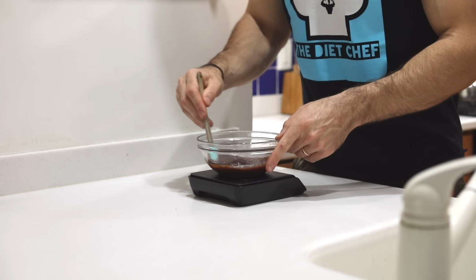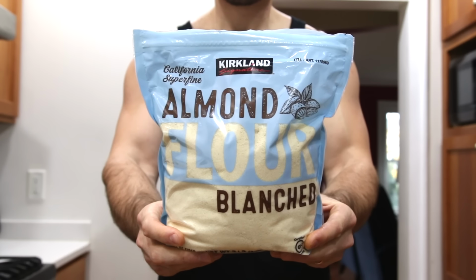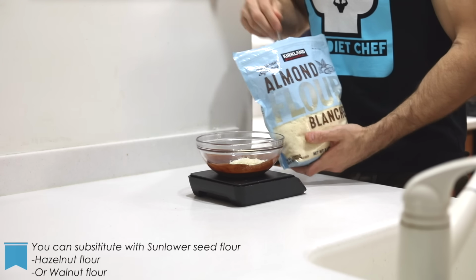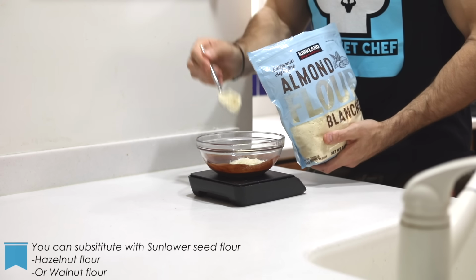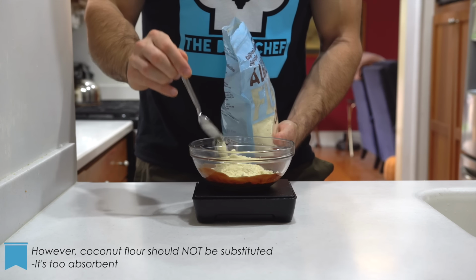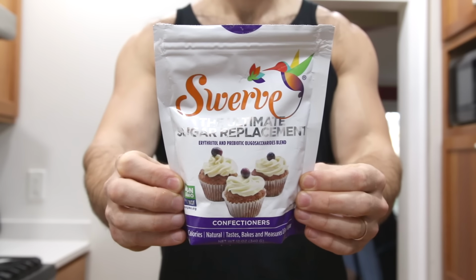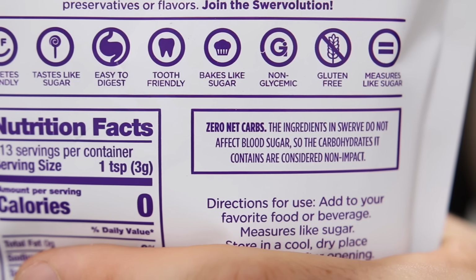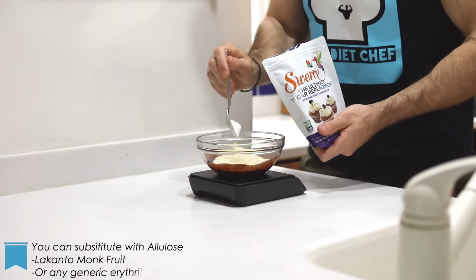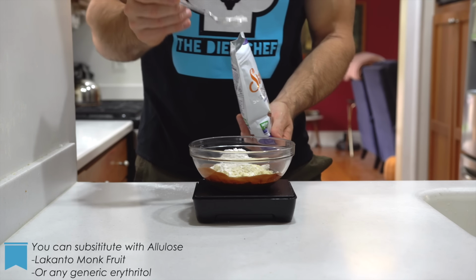Next, we're going to add the main ingredient for these keto brownies, and that's almond flour. So for today's keto brownie recipe, we're going to add just less than a half a cup or 50 grams of almond flour to our bowl. And then we're going to sweeten up our brownies in a totally keto-friendly, sugar-free way by using confectioner's swerve. That said, we'll want to add around 2.5 tablespoons or 20 grams of that stuff